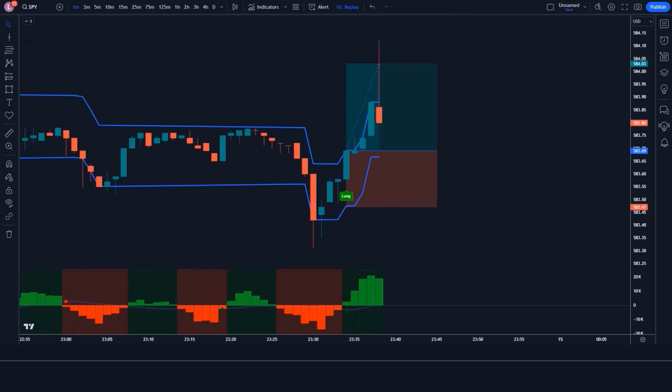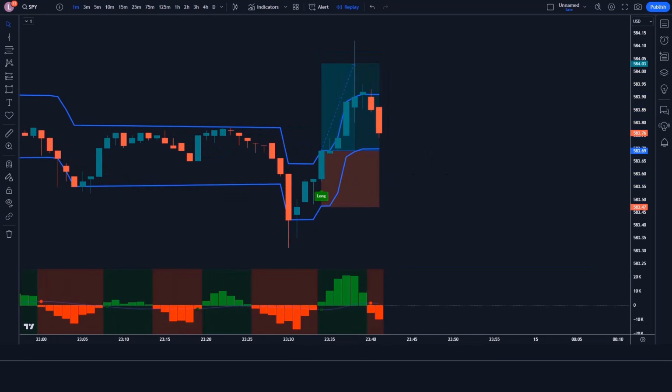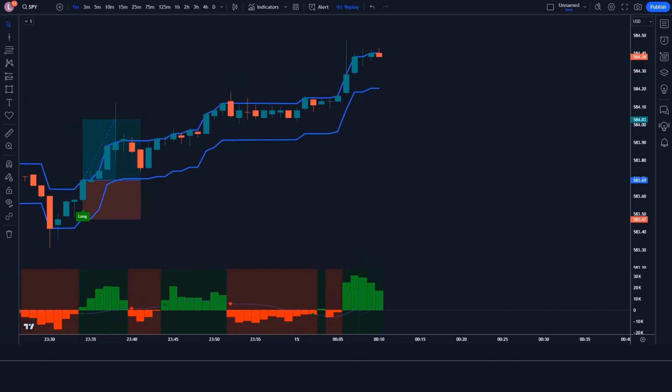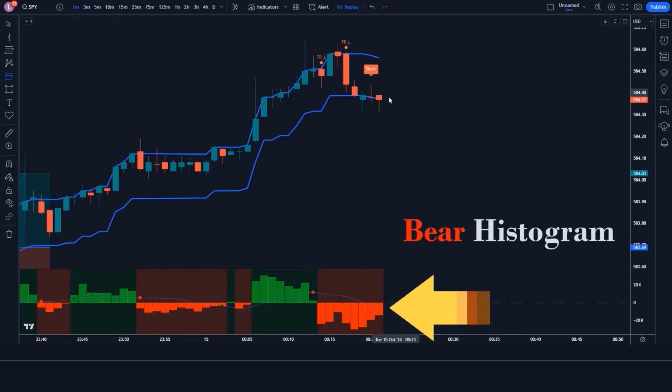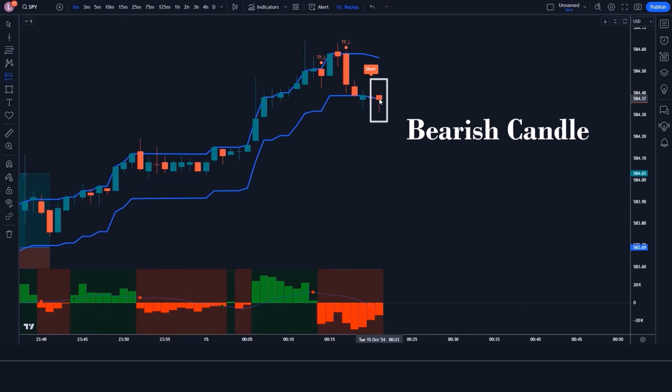The market has completely hit the target. Let us now understand the short position. When the Black Pica's Dust indicator gives us a sell signal, when the Klinger Volume Oscillator shows a bear histogram, when the market forms a bearish candle,